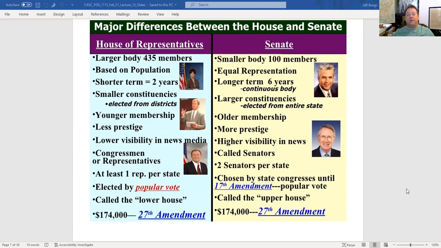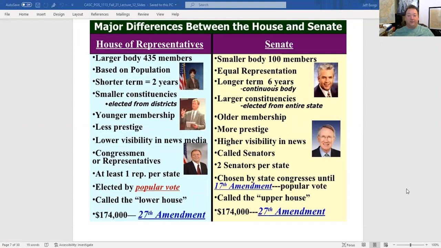Every state gets 2 senators. But then the other part of the bicameral Congress is that there will be a chamber that has representatives from every state based on the state's population. And so while the Senate is going to have exactly 100 members, because there's 50 states and every state gets 2,